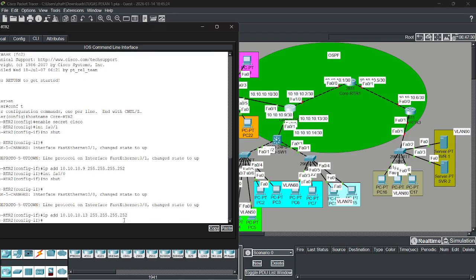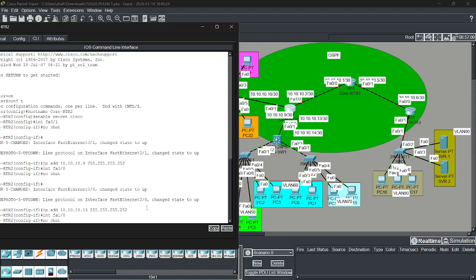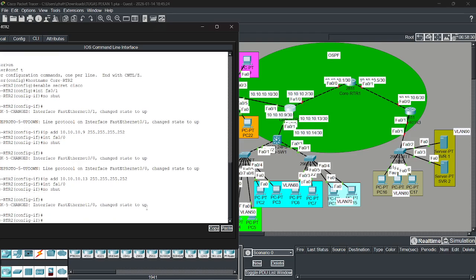And then go to core router 1. Interface FA1/0. Now shutdown. After that, IP address is 2, and the subnet mask 252.